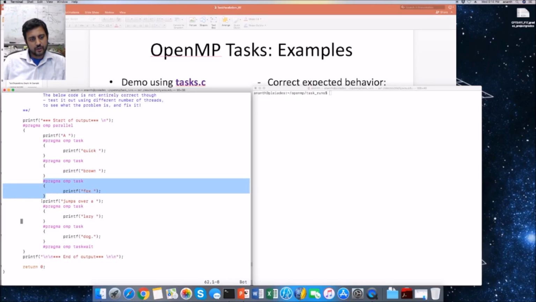I've just put this outside because let's say that we want to print this particular printf, this jumps over that class, separately, and then we have lazy and the dog, right? So we have specified up to 4 tasks here in this case,